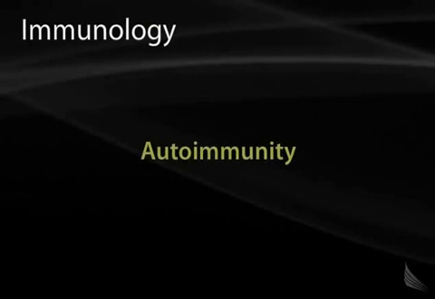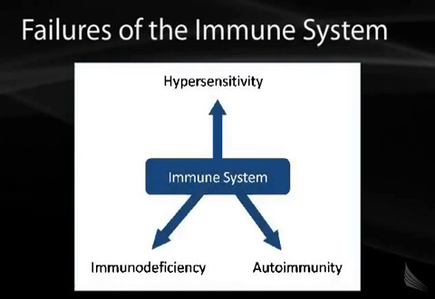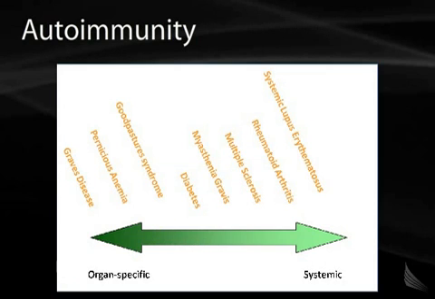In this section of the lecture, we will discuss autoimmunity. Autoimmunity is another one of these headings that falls under failures of the immune system. Again, it may be more advantageous to think of this not as a failure, but as an inappropriate response. In autoimmunity, you don't have a lack of immune system. What you have is the immune system responding to, in this case, autoantigens or self-proteins. If you can remember that and keep that in mind, it will help you picture what's going on in autoimmunity.